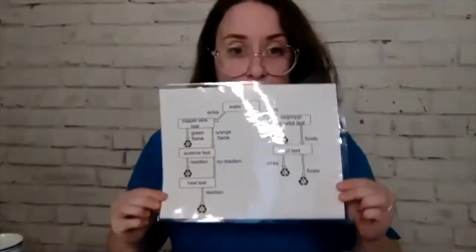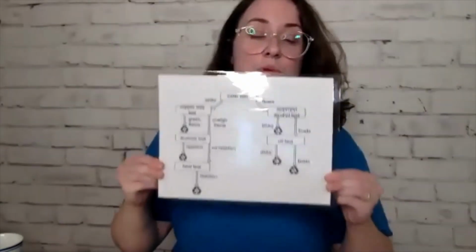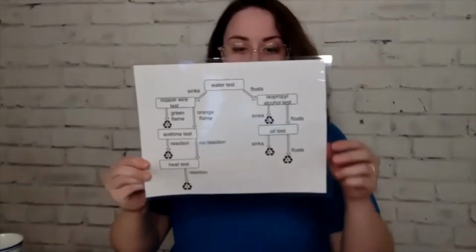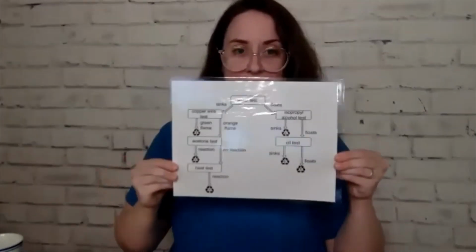And again, it'll be a little bit easier if we use this flow chart, which I will, of course, send to your emails after the lab. So I will make sure that you have access to this chart so you can test all sorts of different plastics at home. We tested a small range of plastics to see what type they were, because the type they were tells us whether or not they're recyclable, right? Generally speaking,